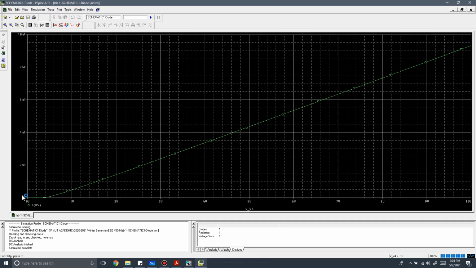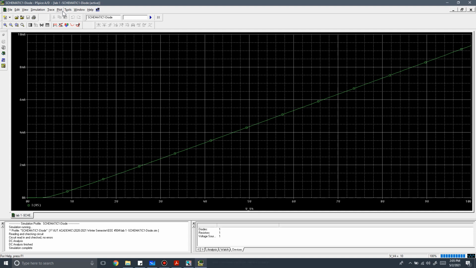Okay, and for DC sweep, we don't need to change the axis variable because it's going to be the voltage, right? On this axis we have our current, but on this axis we have the voltage. We have basically our source voltage, which is varying from 0 to 10 volts. So we have to change that to the voltage across our diode, right? So in this case we have to go to